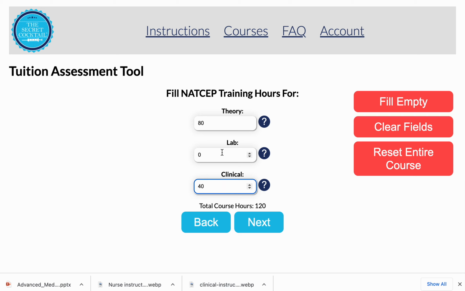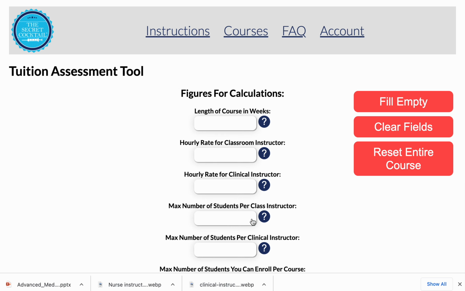Now, why did we separate theory from clinical? Because you might have an LPN teaching clinical, and you might have an RN teaching theory, and you may be paying them two totally different wages. So this software wants to take that into consideration, okay? All right, next,